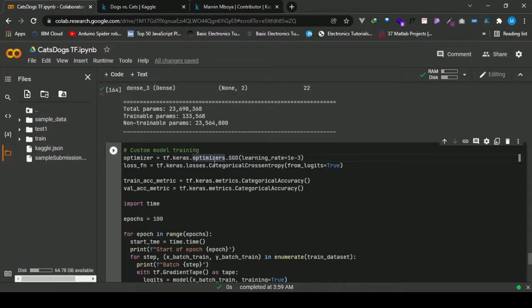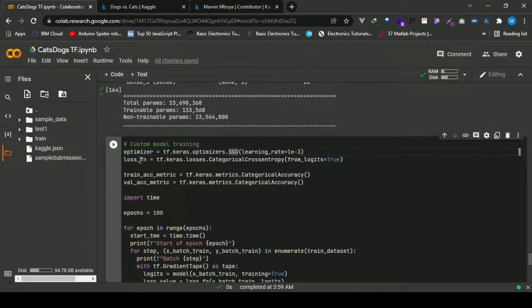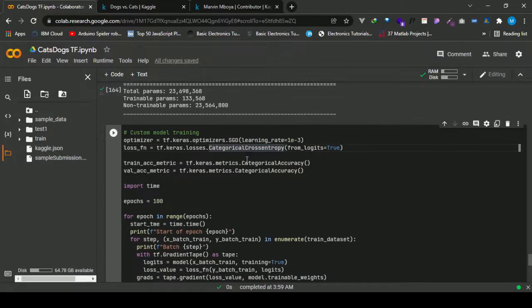So here we have the stochastic gradient descent, which is actually a modified gradient descent that uses randomization to overcome the problem of local minima. Then we have the loss function, which is the categorical cross entropy. Since this is a classification problem, we are going to use categorical cross entropy, but for regression problems, which are models that predict continuous value outputs, we can use the root mean squared error or other